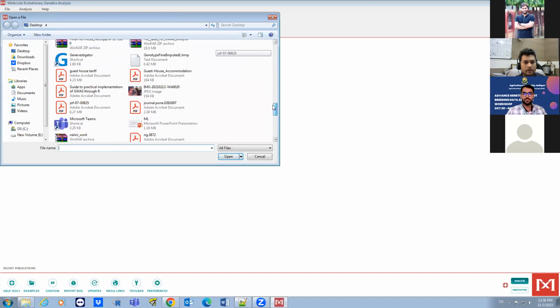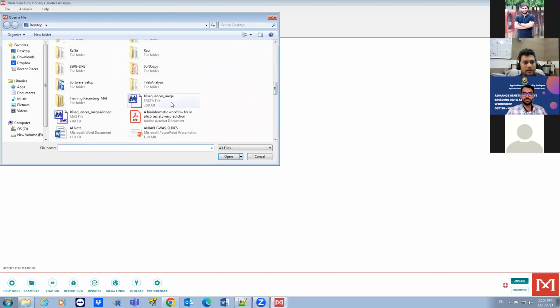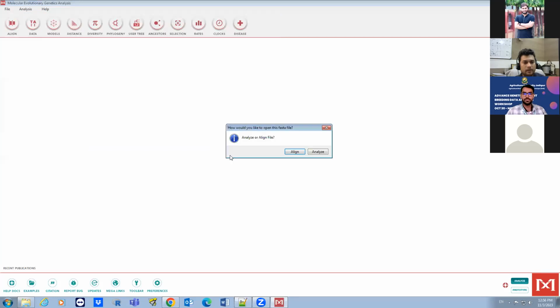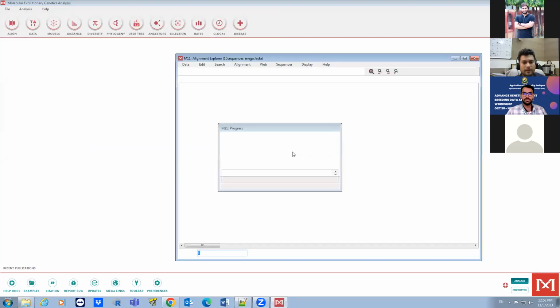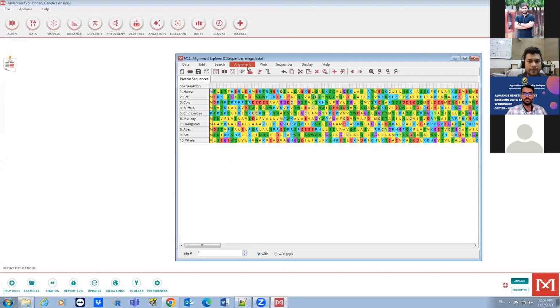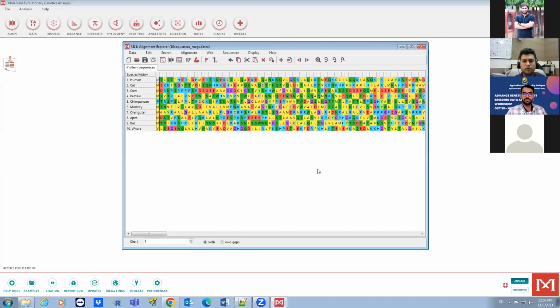So I have one sequence file, a FASTA file. Analyze or align file, align. You can see, align using ClustalW. Most of you are already aware there is one tool that is used for multiple sequence alignment. The basic recipe of any phylogenetic analysis is multiple sequence alignment only. So before building any phylogenetic tree, the starting step is to do the multiple